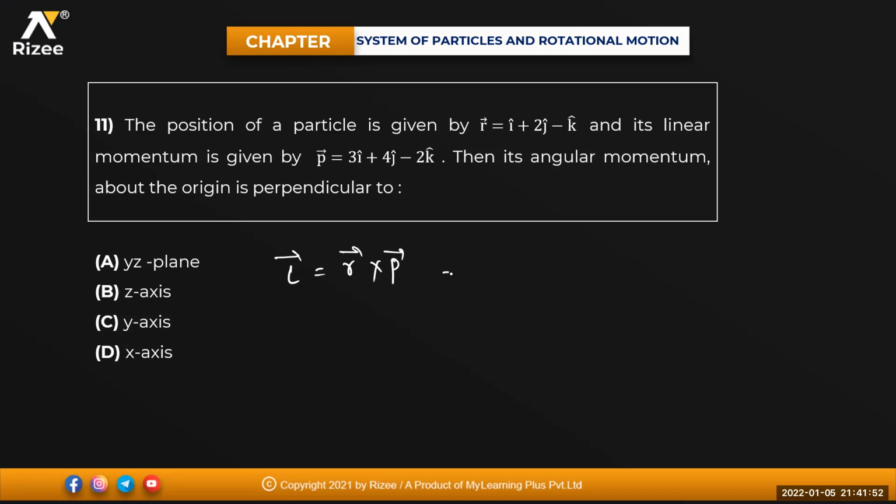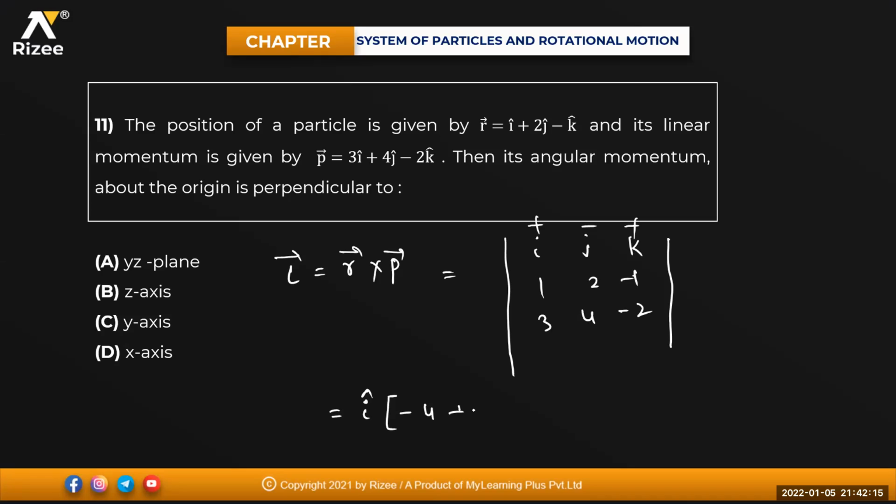We can cross check it, beta. So that will be equal to the determinant of i, j and k, just now we did the same model, you can just try it out. 1, 2, minus 1, and this will be 3, 4, minus 2. The signs will be plus, minus, plus. For i, you cross multiply: 2 into minus 2 is minus 4, plus 4. Minus of j cap: close the j column and multiply the remaining terms, that will be 1 into minus 2, plus 3. Because minus 1 into 3 is minus, minus, minus becomes plus. Then plus of k cap.